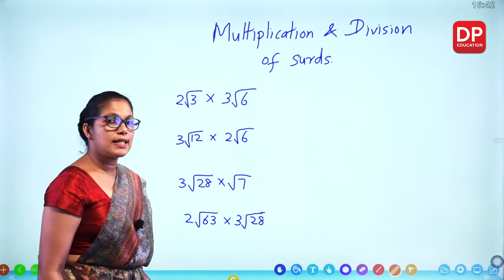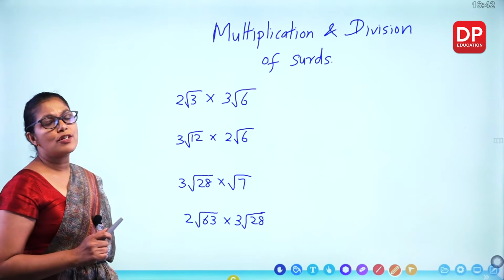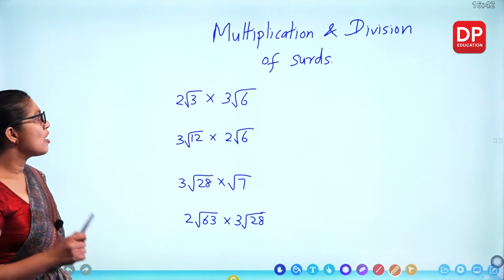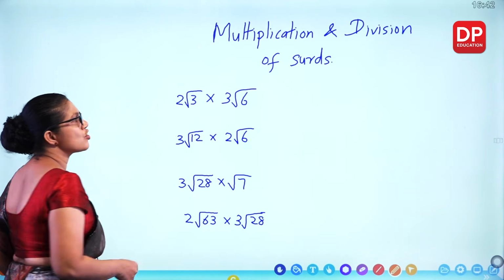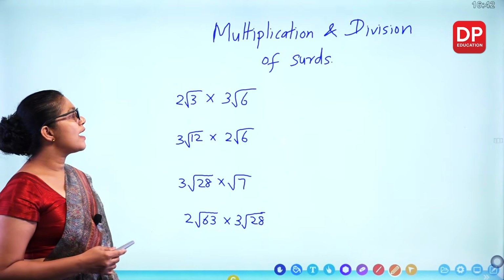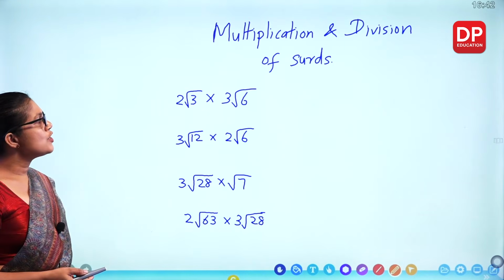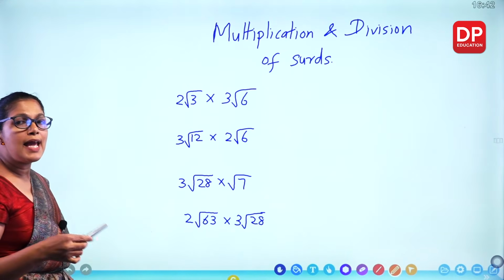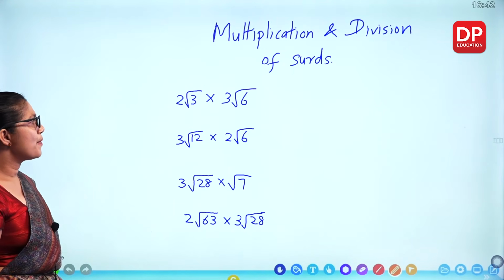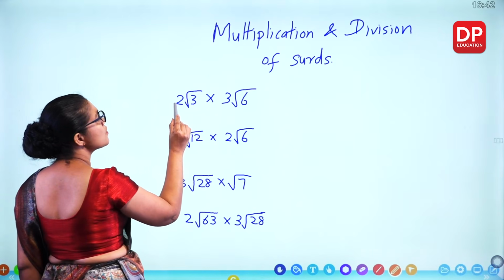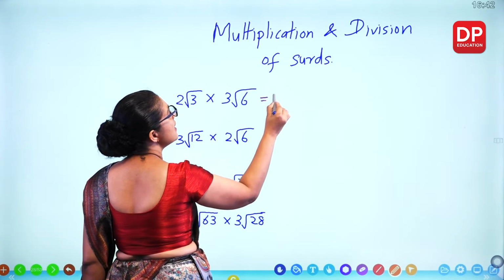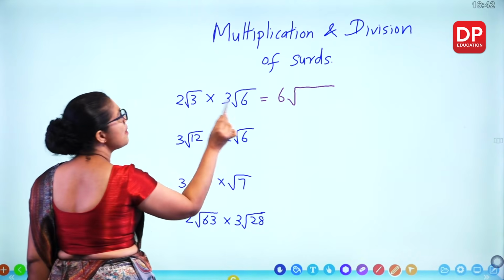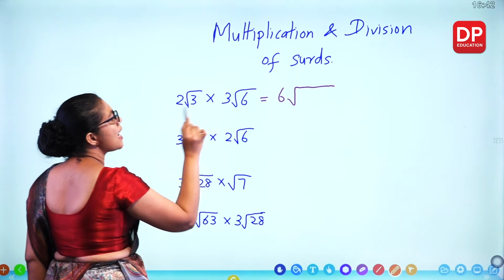Now we'll look at multiplication and division of surds. Earlier we discussed addition and subtraction. So now we'll see when you get a multiplication sign, how we simplify these surds. Now what we do, we can multiply the numbers in front separately and the surd values separately. So I can write this one as 2 times 3, 6, and then inside I can multiply these two. 3 times 6,